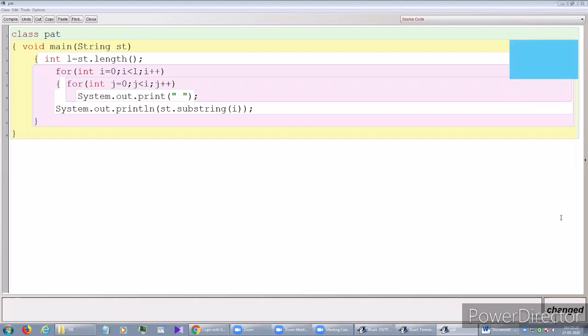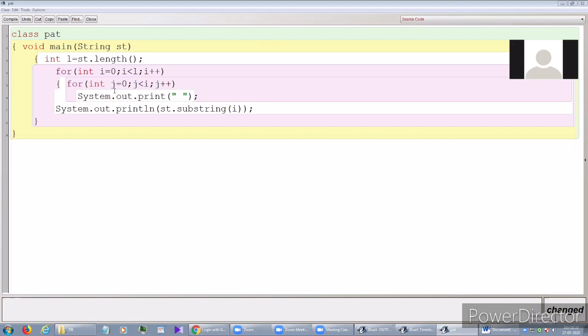Okay, Roshan, can you explain? Yes, sir. First, it will accept a string that is taken in the input part. Then it will calculate the length of the string. Then it goes to the for loop, here i equal to 0, i less than l, i plus plus. The condition gets satisfied. So it goes to the very next statement, that is another loop, for int j equal to 0, j less than i, and j plus plus.